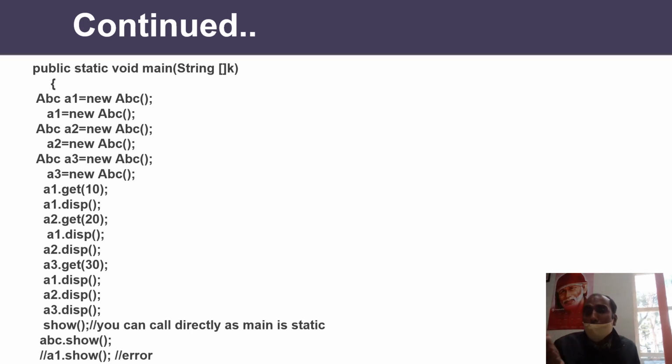Now the question arises, why do we create main as a public? You all know about public: the public modifier means you can access that method anywhere, and you are accessing the main method from outside your program. So it is mandatory to create main as a public. If you do not create main as a public, you will be unable to access that main method at the command prompt.